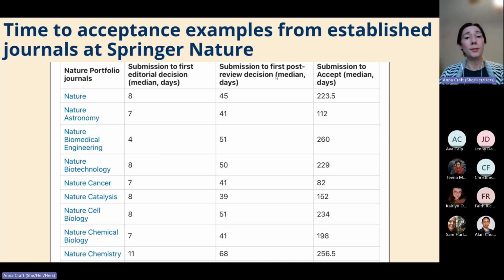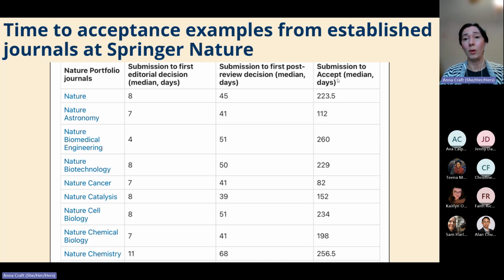Submission to first post-review decision. This means peer reviewers have reviewed your manuscript and sent back feedback that is maybe revise and resubmit, or reject. It can vary. And here we're seeing that it's taking maybe a little over a month, sometimes 2 months, sometimes longer. So it can take a while. Submission to accept: at this point, you have not been published yet.